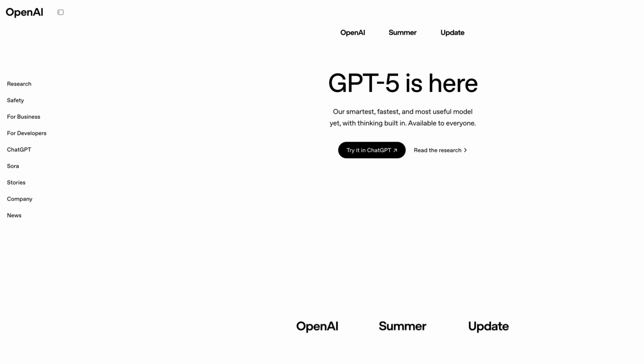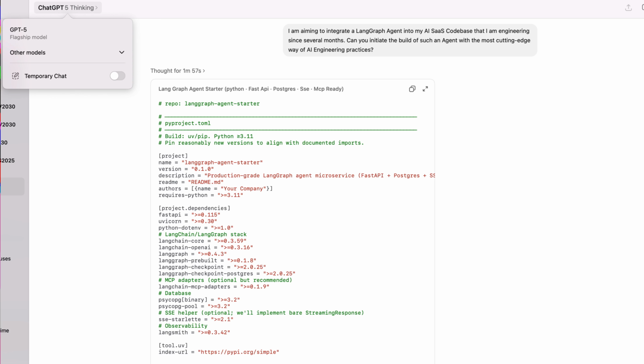But maybe let me set the stage quickly with what actually happened just yesterday. OpenAI did release ChatGPT-5, so the new flagship model. They also call it the flagship model now in the UI. Let me put the screen here quickly on the UI. I think it's a nice way to quickly select between the thinking version, so the deep reasoning version, and, let's say, a bit faster version, ChatGPT-5. Because back in the day, or basically just 2-3 days ago, I had to go through that whole list of the GPT-4s, the 4.1s, the 4.5s, and the o3s, and whatever there was. And I think now they cleaned up the UI to basically be selecting, on a premium subscription, obviously, ChatGPT-5 or ChatGPT-5 thinking.